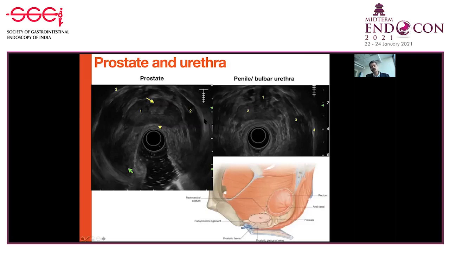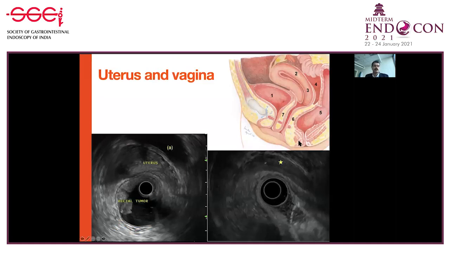This is the obturator internus. This is the ischial bone with its reflection. And then as you trace the prostatic urethra down, you see the bulbar urethra going anteriorly with the corpus spongiosum on either side. And this is a schematic representation of the levator ani or the pelvic floor, taking off from the sheath of the obturator internus, which is forming the side wall of the pelvis, also seen here on an EUS examination.